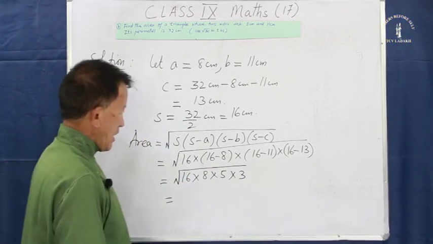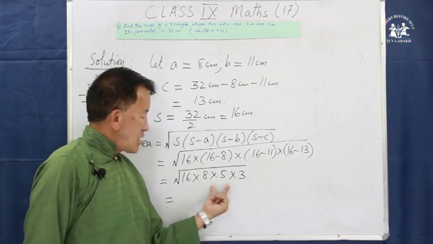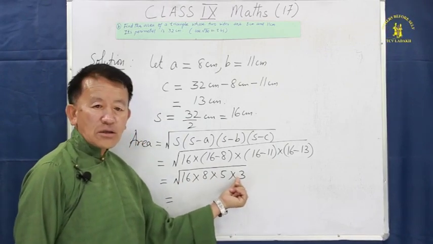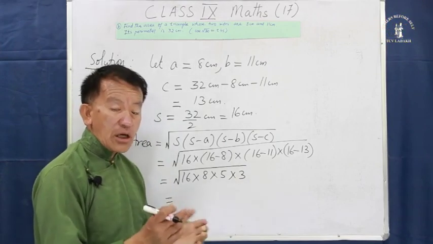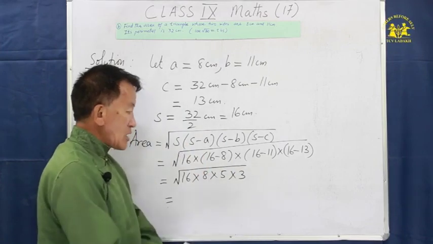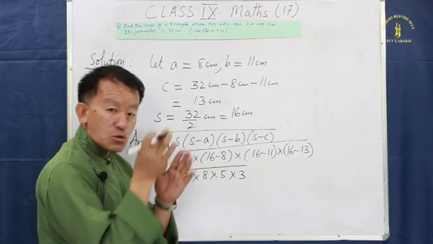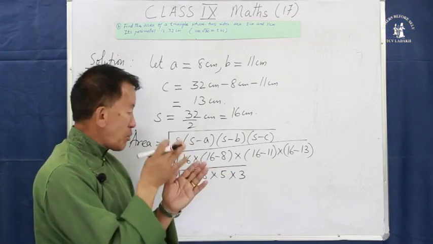So now we multiply all of them, find the product and then find the square root. And if it is not a perfect square,